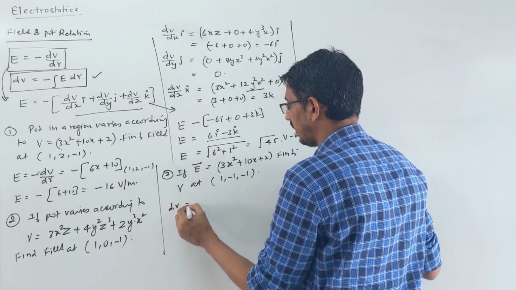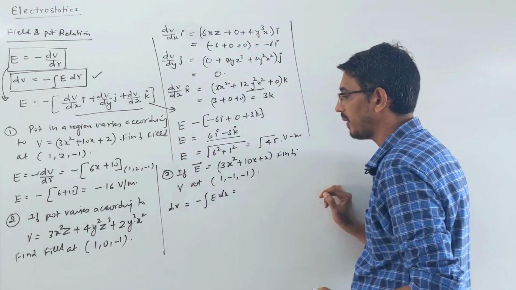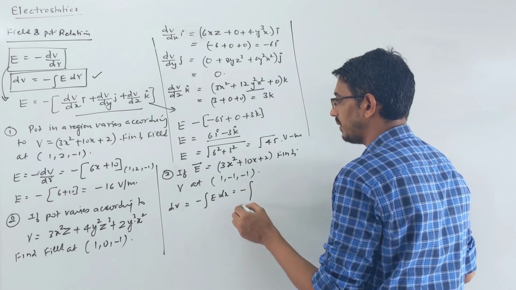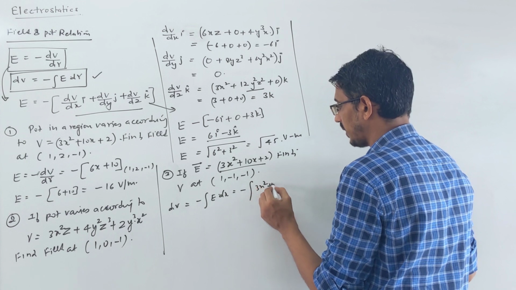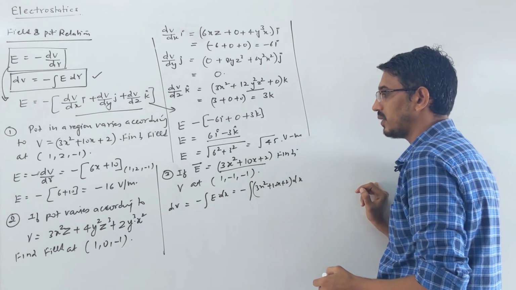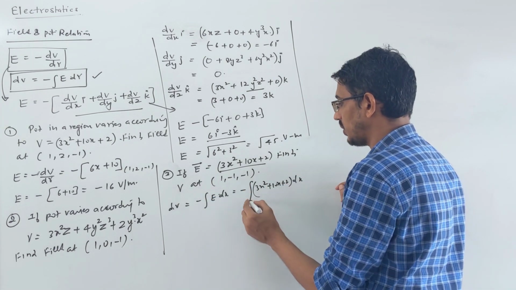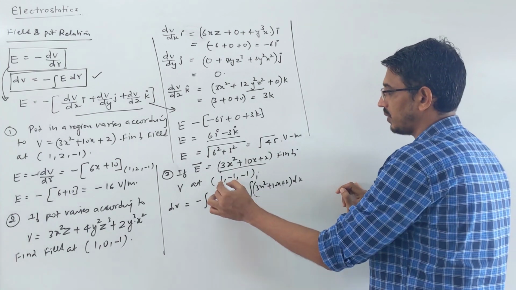Then you will write, field is given to you, you have to find potential. To write that, dV is minus integration of E dx, or dr, right now. So you have to integrate these things. So let's integrate. Minus outside, E is this into dx, so 3x square plus 10x plus 2 into dx. And what is given? Potential ranges from the origin to some coordinate given, meaning 0 to x only variable, so x from 0 to 1. Okay, this is the x coordinate.